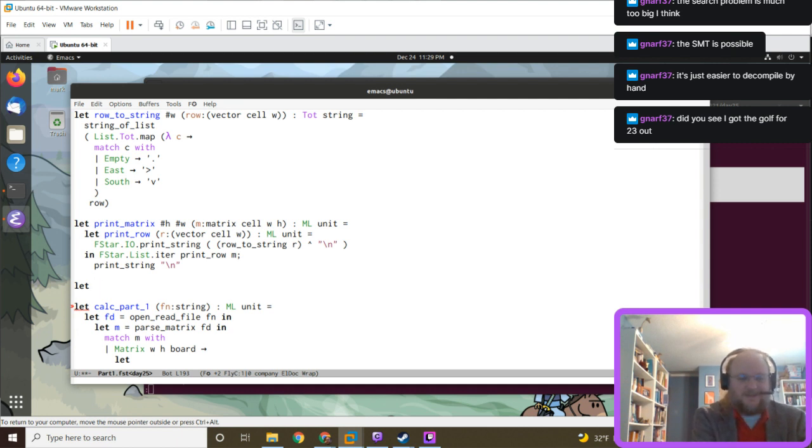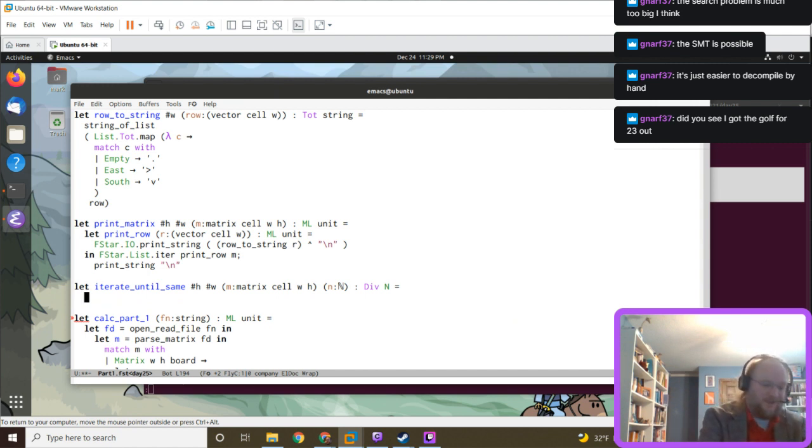I should probably see whether one step works, but this won't be wasted work. Okay, so we're going to iterate until same. And we have to use the divergent because we have no way of guaranteeing that this will actually happen, right? There are plenty of matrices where it'll never stop.